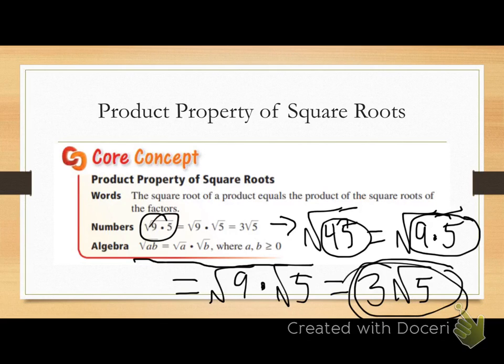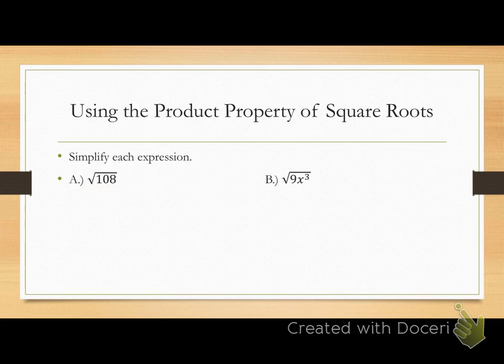So let's jump into our examples. Our first example is the square root of 108, and it wants us to simplify this radical. Like I said on the previous slide, what I'm essentially doing is finding the biggest perfect square that goes into 108. So we know our perfect squares are 4,